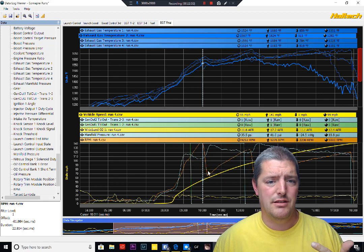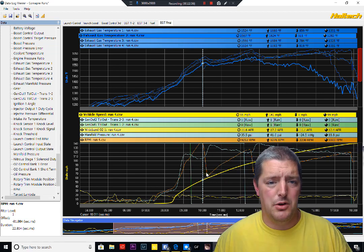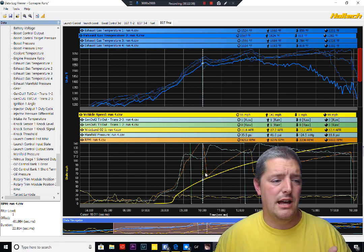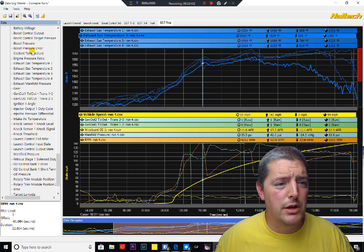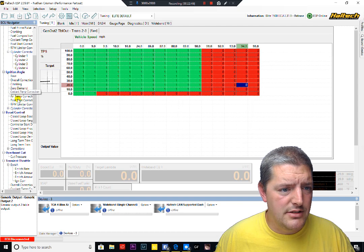We've addressed the EGT discrepancy and how we're going to work on that. We've addressed the target lambda, and we've expanded that map. Another thing we wanted to do, that was suggested to me by the Haltech guys, is the boost control